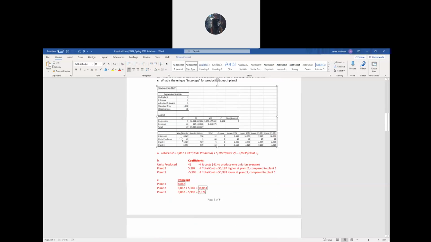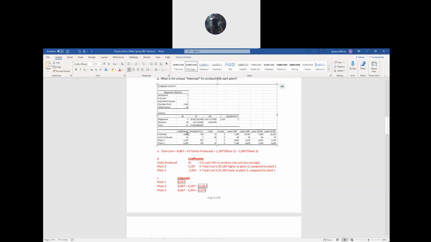Oh, and all you need to do here is look at the coefficients for intercept, units produced, plant 2 and plant 3. So use that to write out your equation for the y variable, which is total cost again. So total cost y equals the intercept, 8,867, plus the coefficient for units produced, 41, times units produced. So you plug in however many units you produce there, plus the coefficient for plant 2, which is 5,187, times